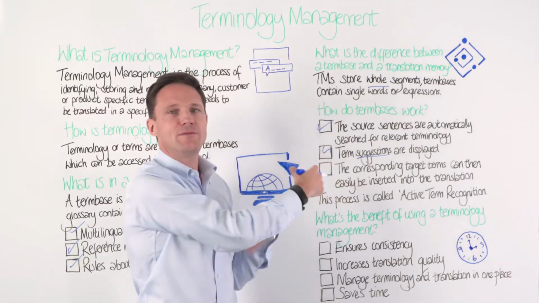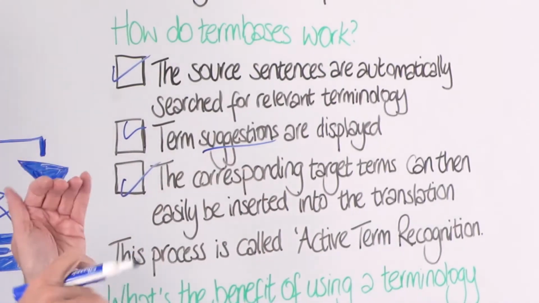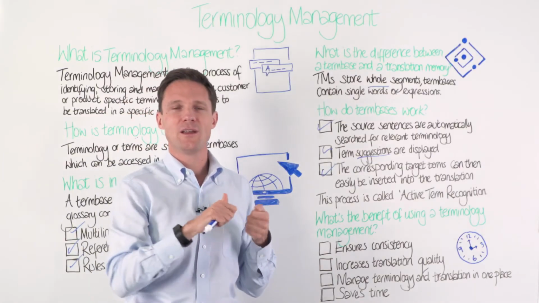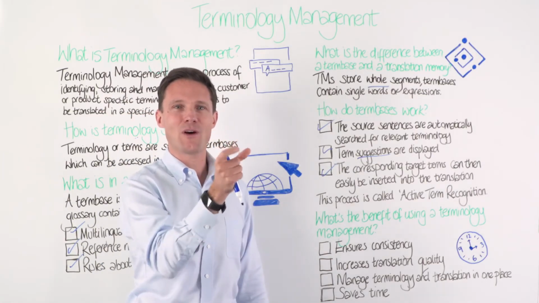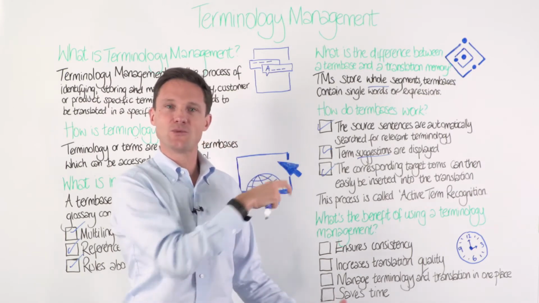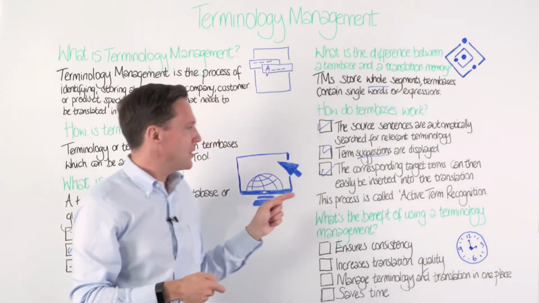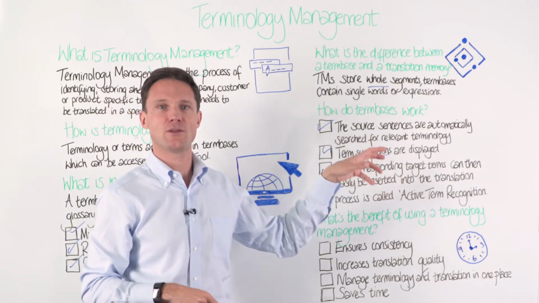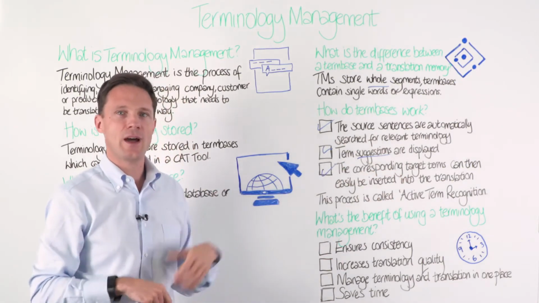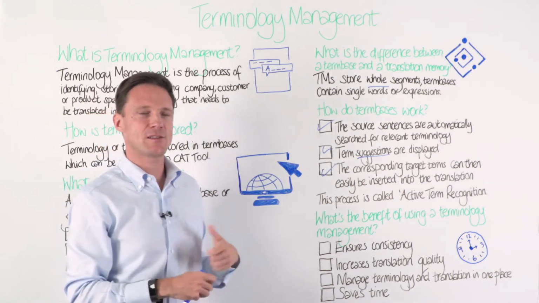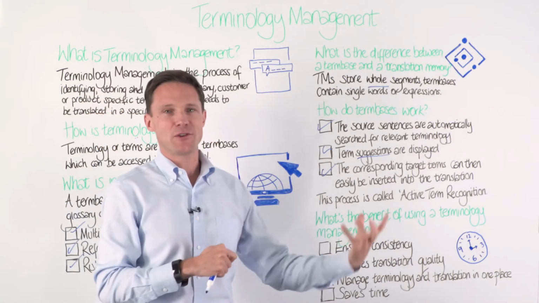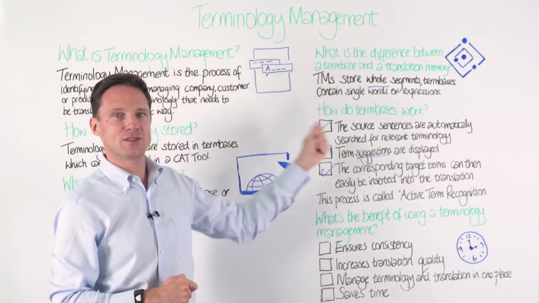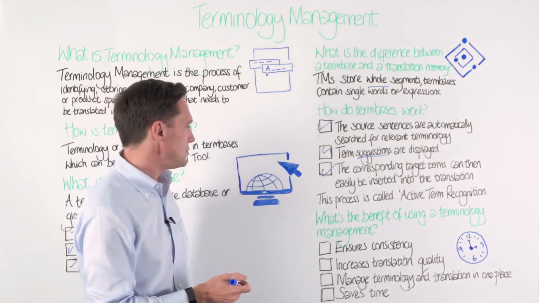And so you can very easily insert, even as you type, you get automatic suggestions, a little bit like your mobile phone, that suggests words that you need to enter based on what you typed before. You can actually get a suggestion as you translate of what terms to use. So that's a little bit how it can be used on a daily basis. Once you've made the effort of creating the terms, then you get a lot of value as they get suggested to you as you translate.